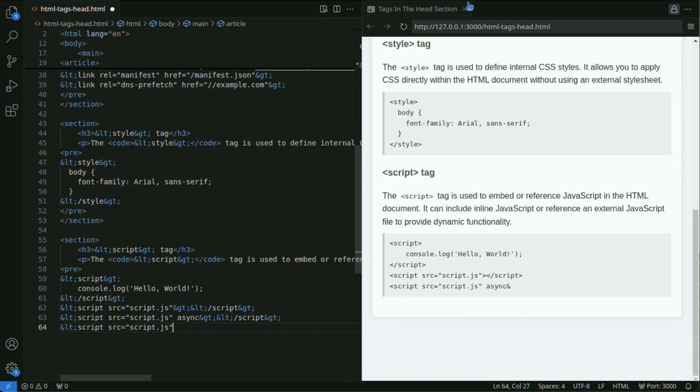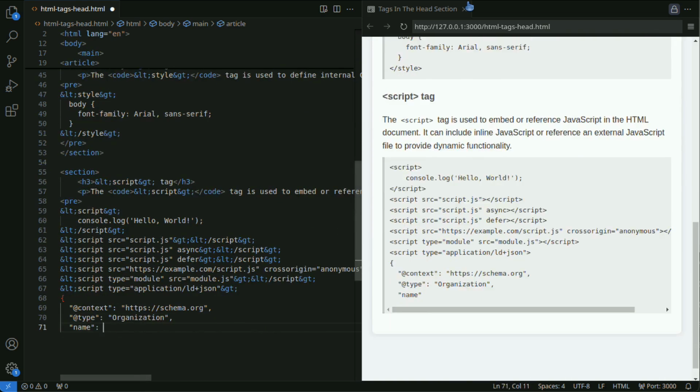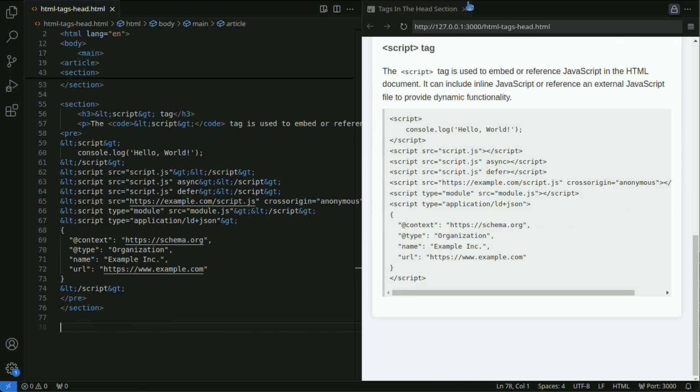Next, let's look at the script tag. The script tag is used to embed JavaScript code in an HTML document. You can also link external JavaScript files, controlling the dynamic behavior of the page. Use the src attribute to specify the script file.